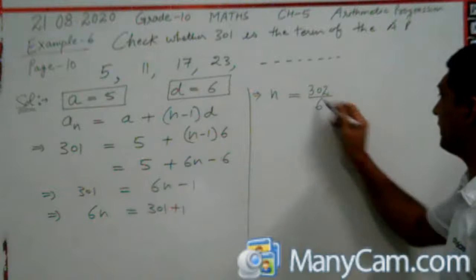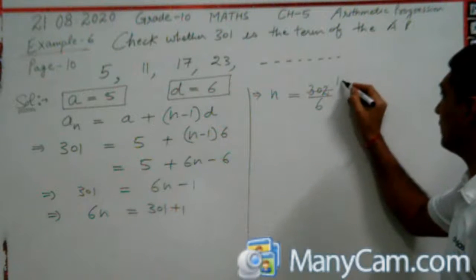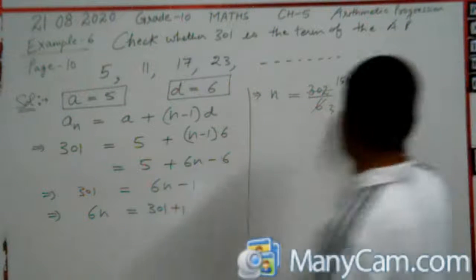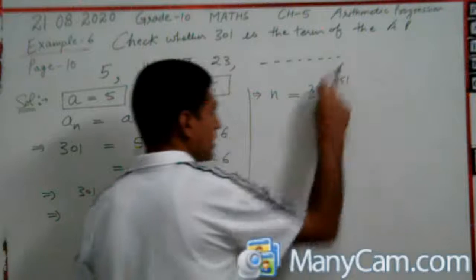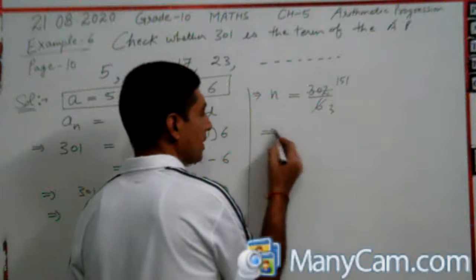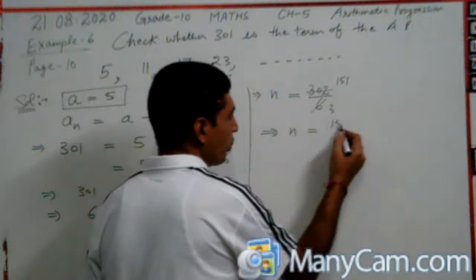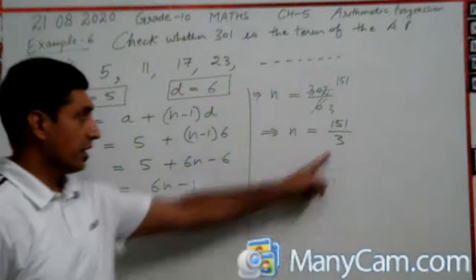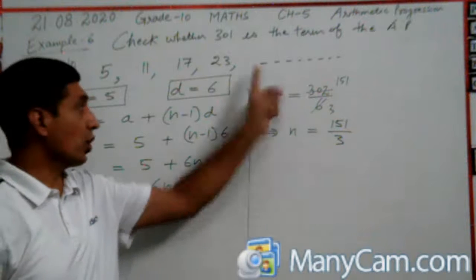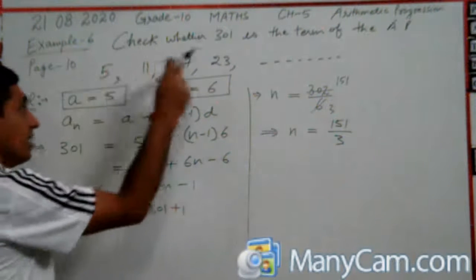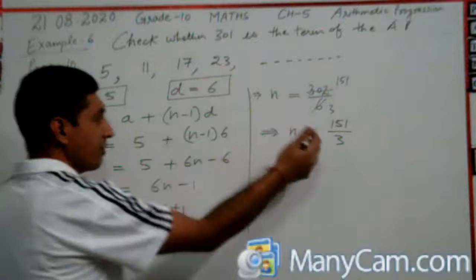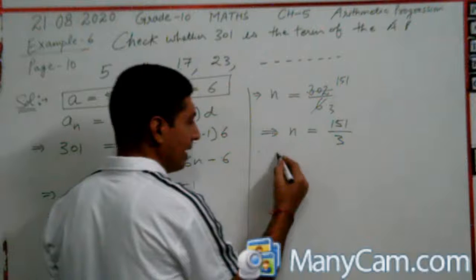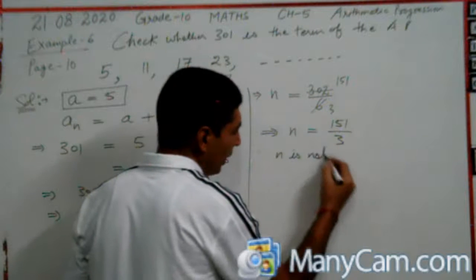When we divide, it will be 151 upon 3. It is not a whole number. It is not a counting number like first term, second term, third term, fourth term. This is a fraction. Because n is not a whole number,